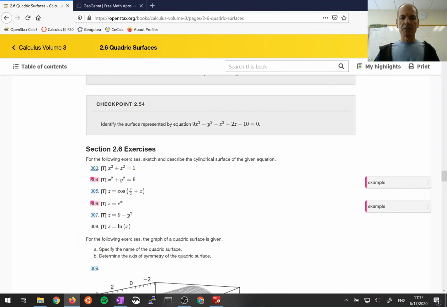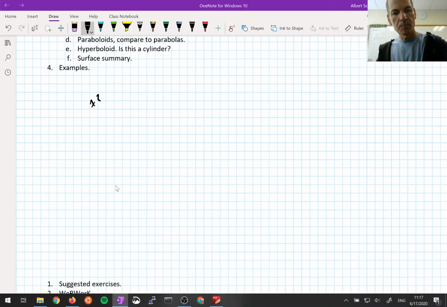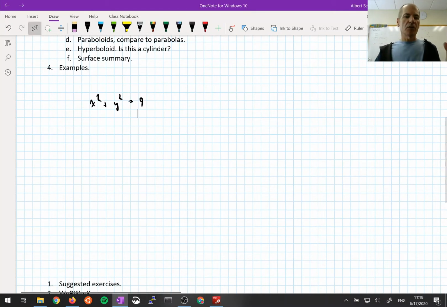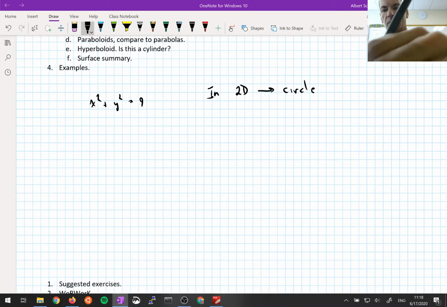So here we're asked to sketch and describe the cylindrical surface of the given equation. In 304, we're looking at x squared plus y squared equals 9. And you don't see a z variable here, so context is important. If I were to ask you to sketch this curve in 2 dimensions, you would sketch a circle centered at the origin of radius 3, and you'd be done. But that's not the context we're working in. So in 2D, this is a circle. In 3D,